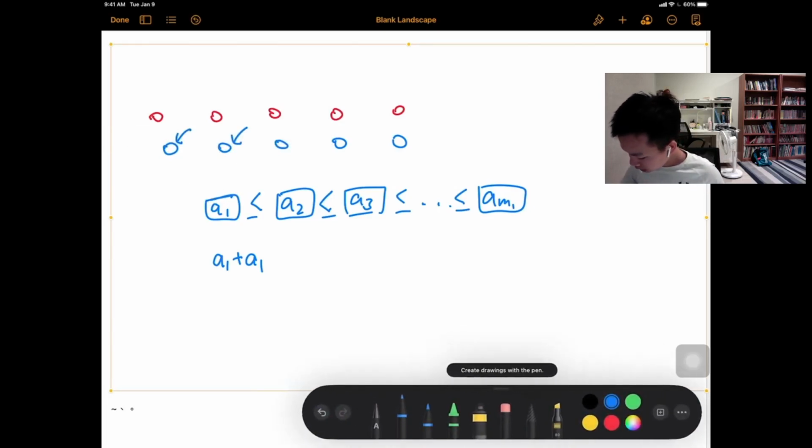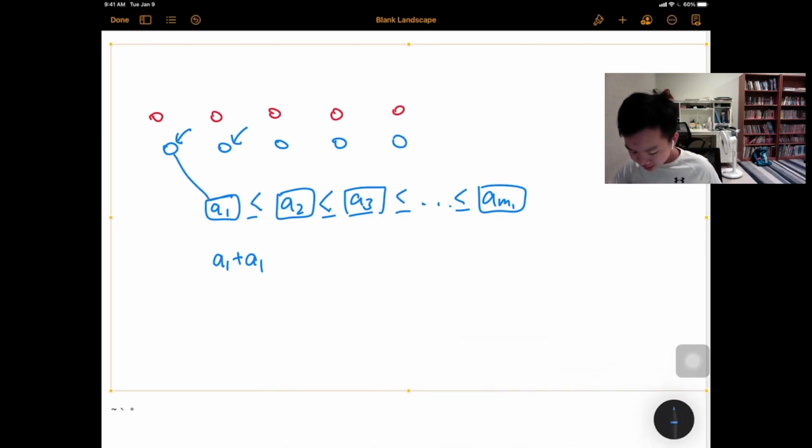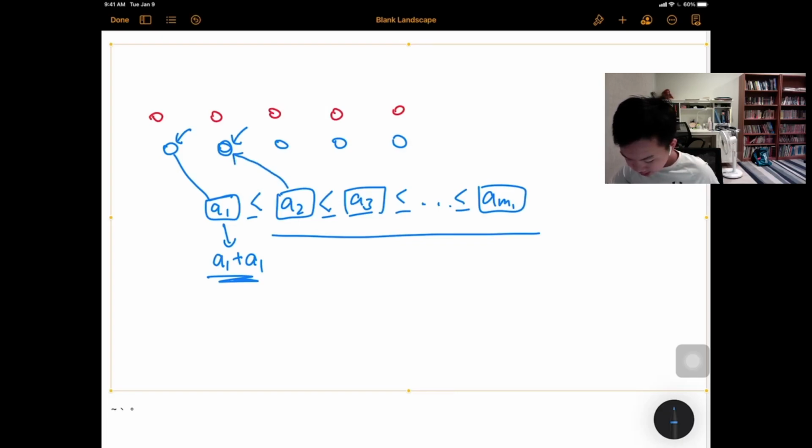So over here, what we're going to do is assign the first to the first, and then we're going to change this to A1 plus A1. Then you're going to go to this node, and you're going to get the minimum of the updated list and the rest of the list. Let's just say A2 is smaller, so then you're going to assign this to this, and then change A2 to A2 plus A2,